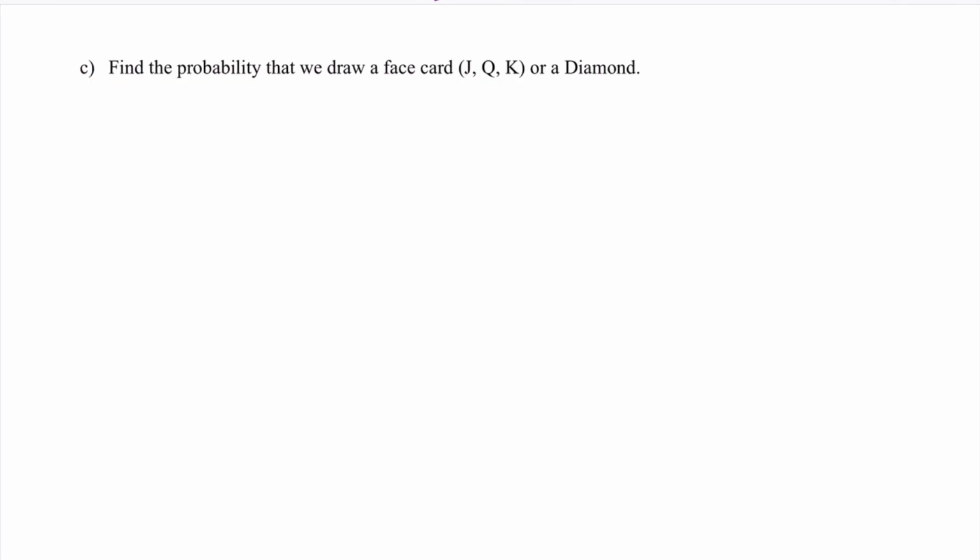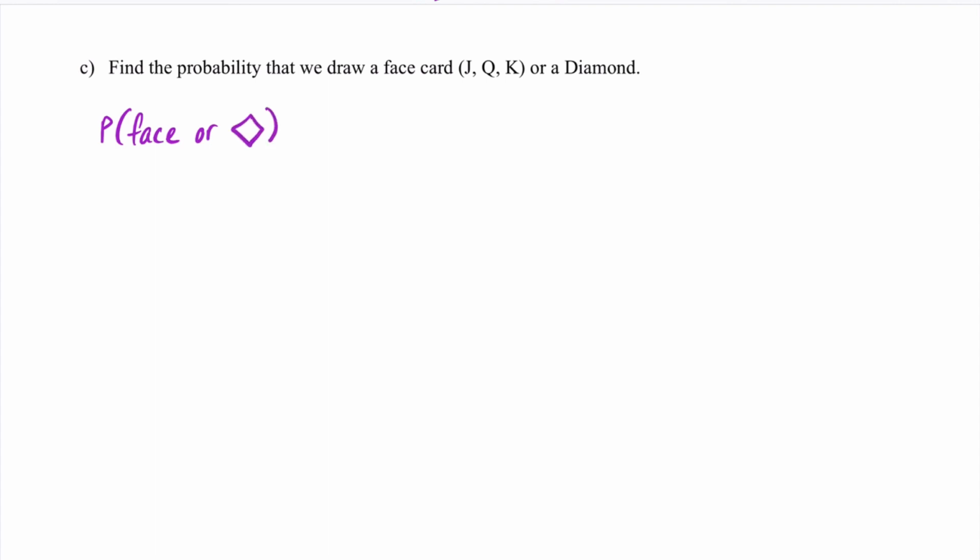Let's continue then to part C. We're asked to find the probability that we draw a face card, which we're defining as a jack, queen, or king. Who knew that an ace was not considered a face card? That blew my mind. But we're looking for a face card or a diamond. If we rewrite that again with our terminology, we're looking for the probability of a face card or a diamond,